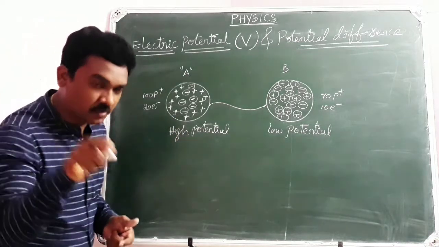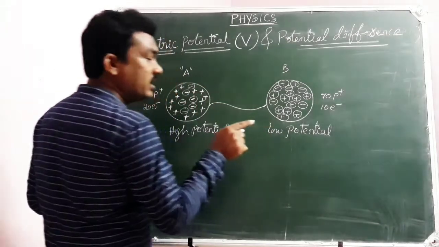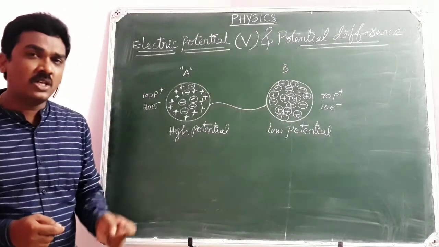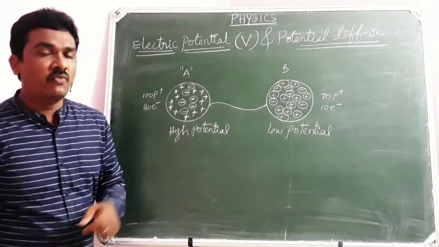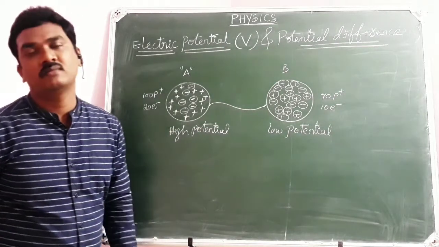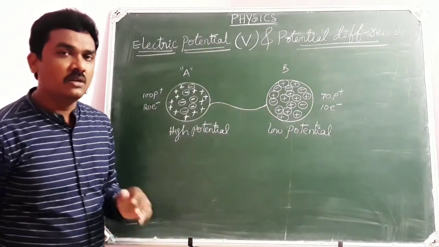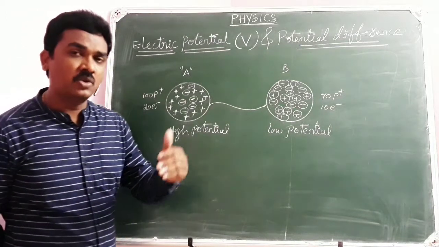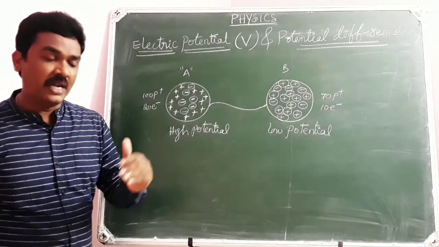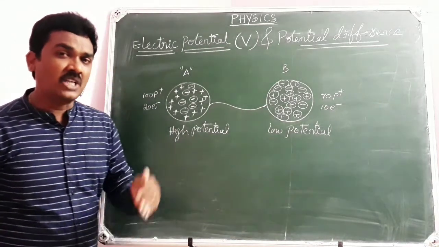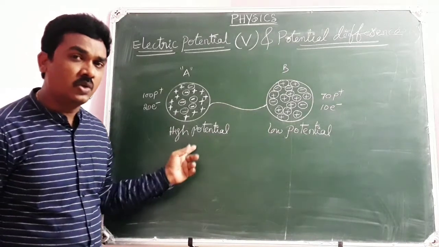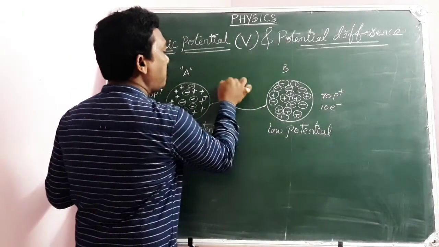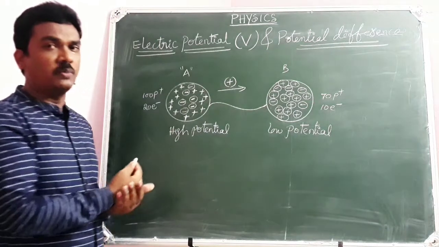Charge means what charge? This is very important. When I say it is charge, by default it is positive charge, because positive charge is the conventional charge in electricity. So if I say charge, it is positive charge. It's a default value. So here, air blows from high pressure to low pressure. Water flows from high pressure to low pressure. Heat energy flows from high temperature to low temperature. So charge flows from high potential to low potential. Charge means positive charge. So positive charge flows from high potential to low potential.